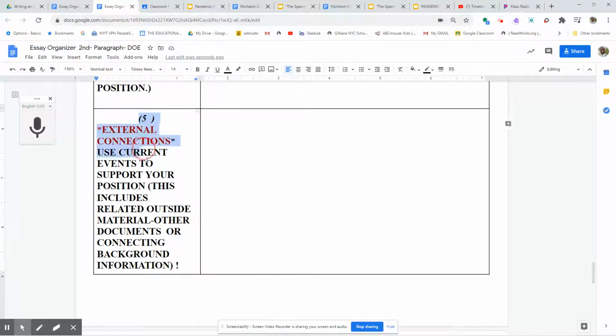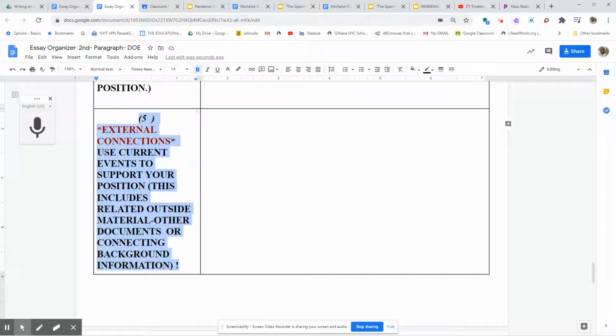This sentence focuses on external connections. That means information that was not included in any of the sources that were given. So not in any of the articles or any of the videos. This part I always say is optional, depending on how much you know of a topic of an essay. But since the essay is focused on pandemics, and I assume everybody knows a whole lot about the coronavirus, there's a lot of outside information that was not included in the historical packet that you should be able to include. Even if you want to include your own personal testimonies about your own experiences dealing with this.